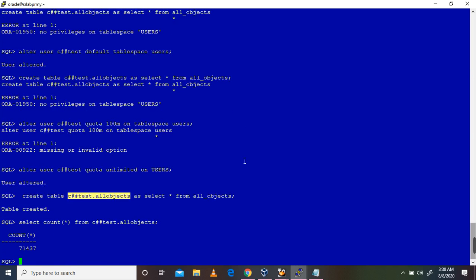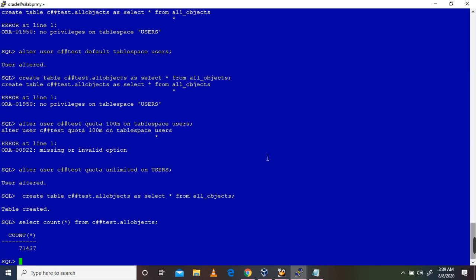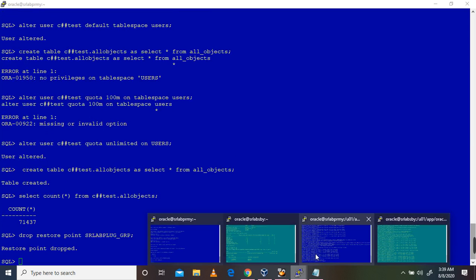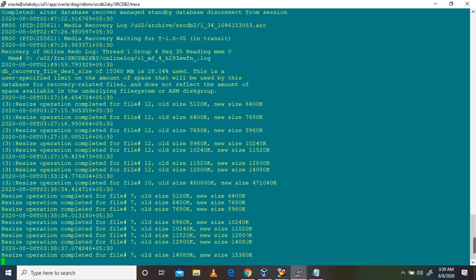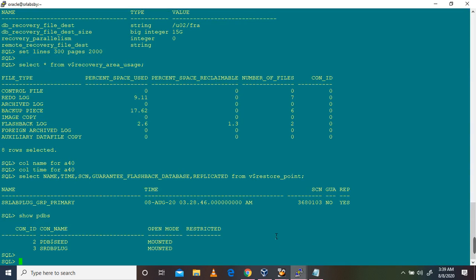Okay. Now what we will do, drop restore point, with the restore point name. So we have dropped the existing restore point. It is also dropped on the standby side as well. You can check.